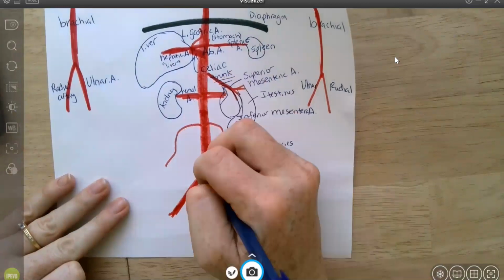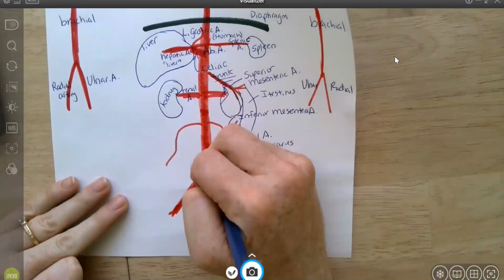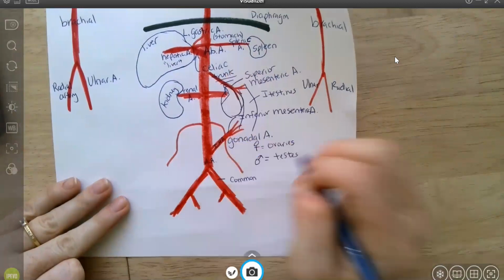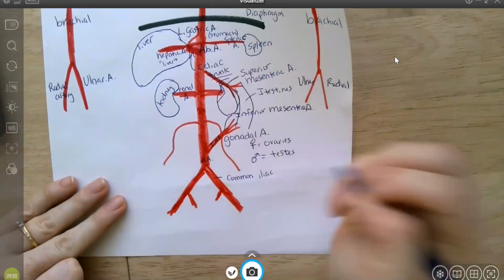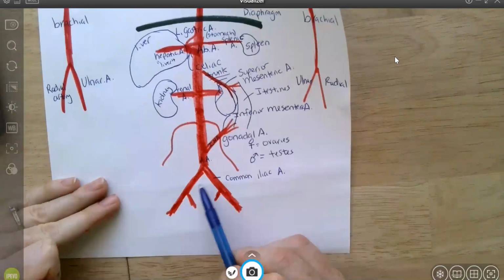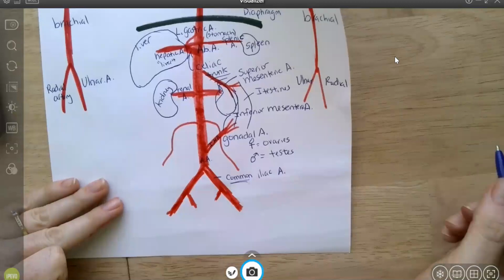Then here's still the abdominal aorta. From there, it'll split into the common iliac arteries. So these two here are the common iliac, and common here means that it's going to split again,